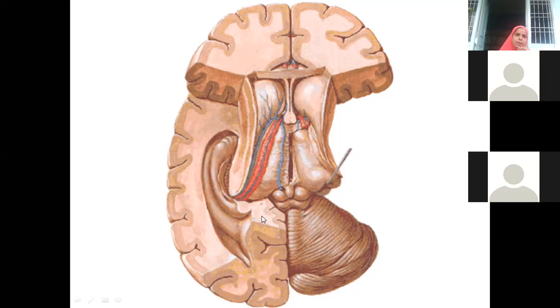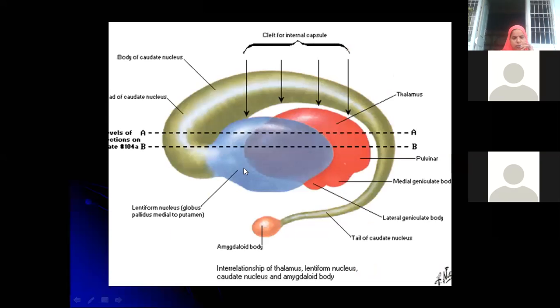Whatever is cut here, this is the forceps minor. That means this is a part of the corpus callosum here. The connecting fibers between the right and left cerebral hemispheres you are finding here. So this is the choroid plexus, generally what we see inside the ventricles. Now this picture will help us to understand a few relations. That's the reason I have shown the labeling.